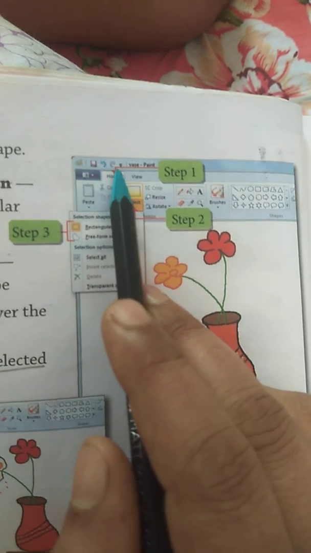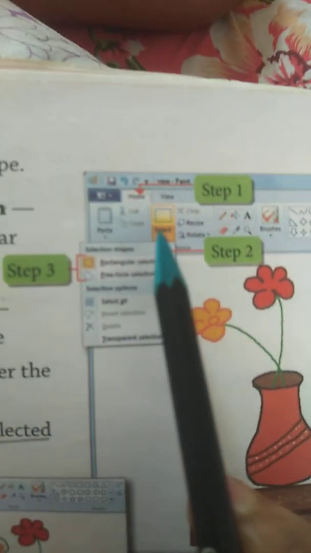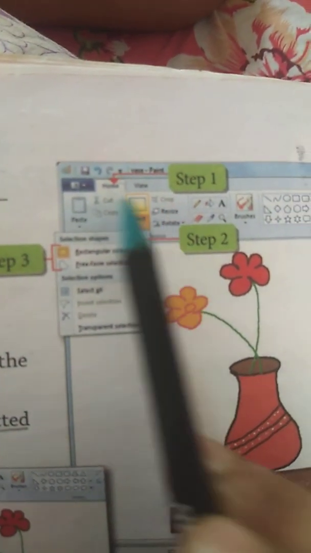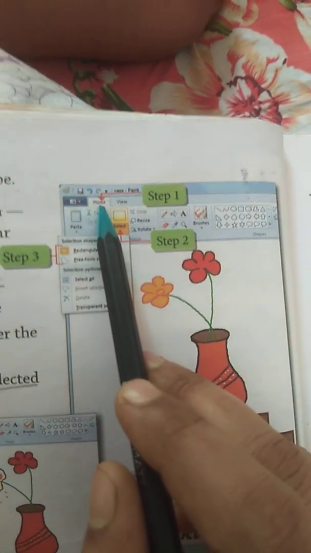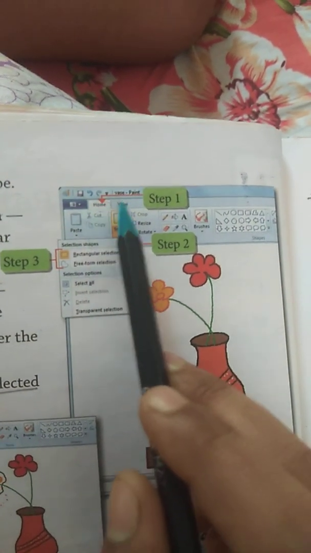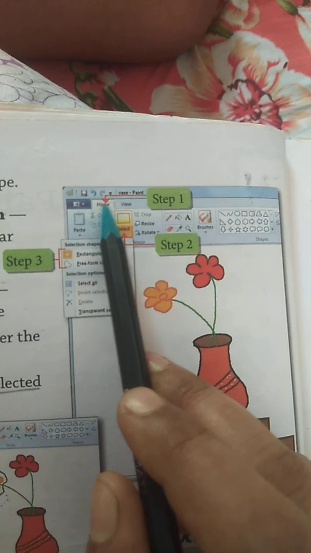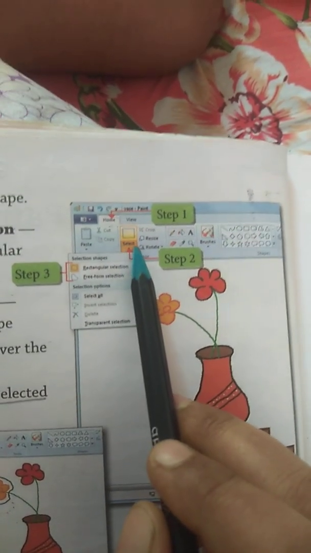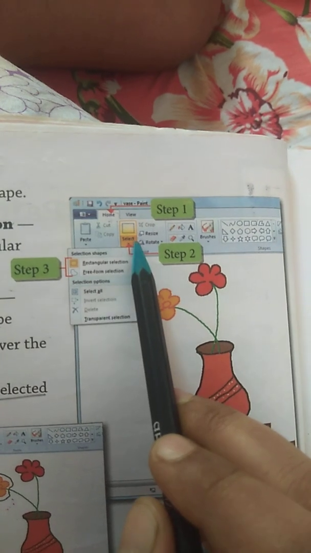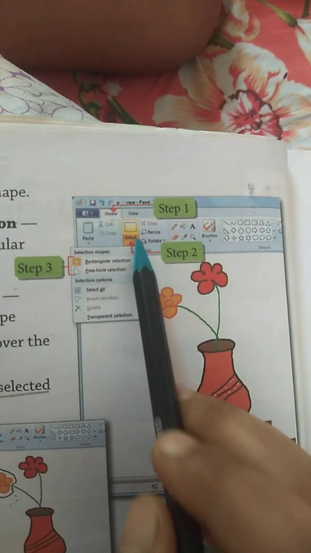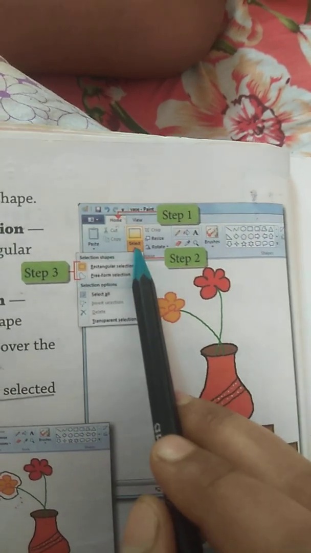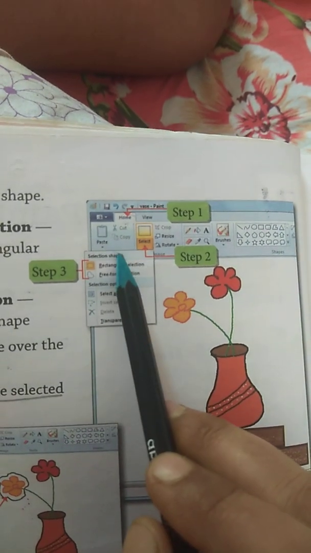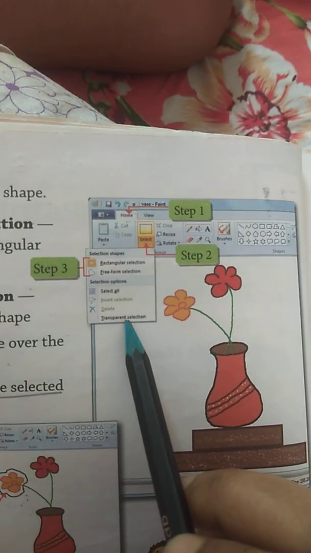First of all, you will go to the Home tab. Okay children, as soon as you click on the Home tab, you will see this part, and here there is the Select tool. Then you click on it, and as soon as you do, this menu will open up.